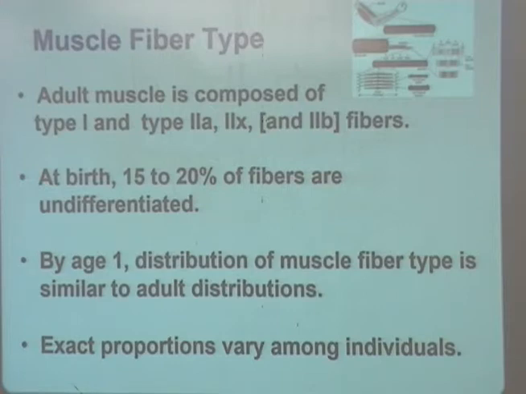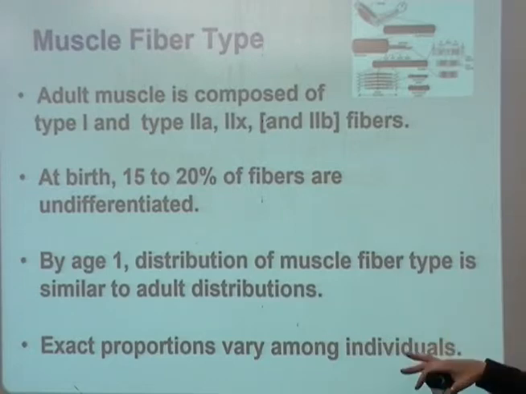You can change it a little bit with training, but it's not enough to turn someone who's slow into someone who's fast. And it isn't enough to make someone who's fast a world-class marathon runner. So your only chances within, can you change the fibers in the first year alone? That would be your only chance to have any kind of real impact. So you just take a baby and move their legs really far. Would that work? I don't know. That's a good question. I've not seen anything, but